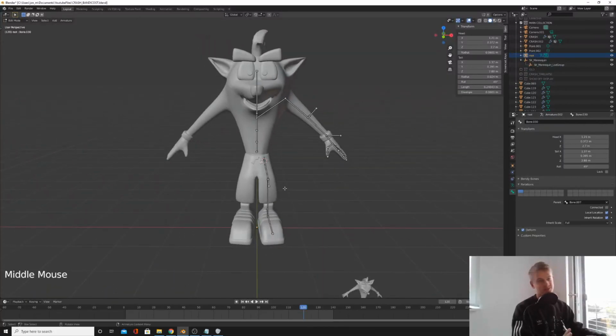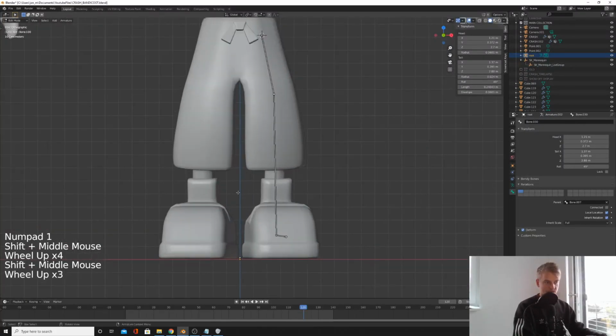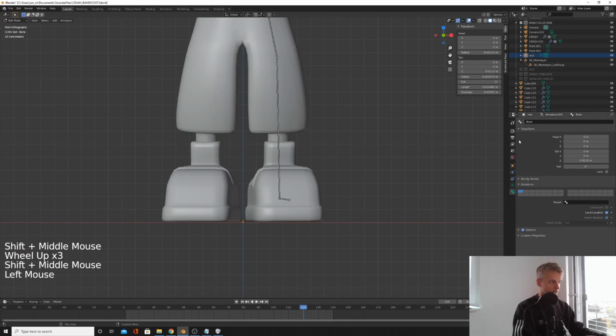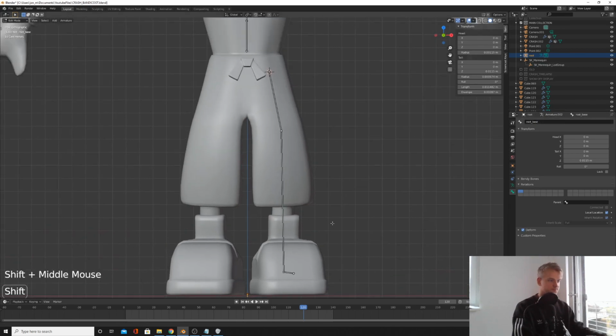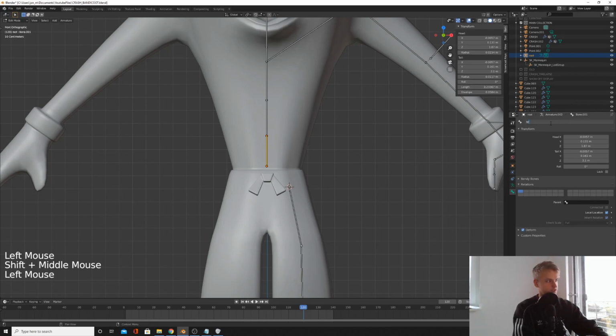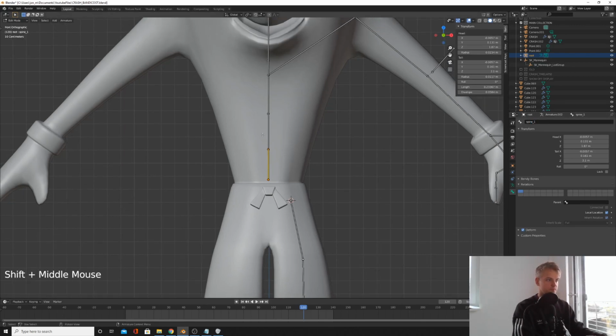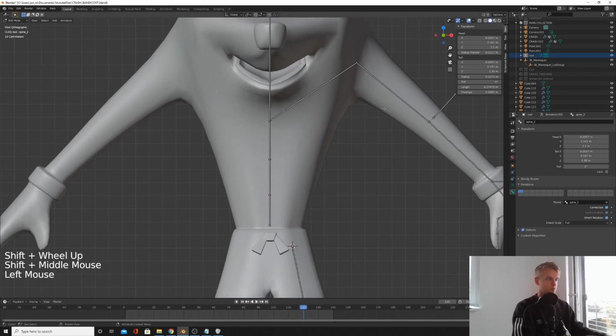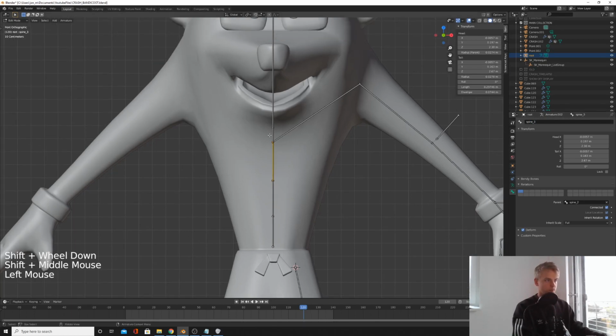Okay, now it's time to name all these bones. So we're going to go down to our very first bone, click on it, and just call this the root. You can't actually have two bones which have the same name, so we'll just call this the root underscore base. Then we're going to click onto our first spine and call this spine underscore 1, spine underscore 2, spine underscore 3. So you can call these whatever you want at this point. Neck,